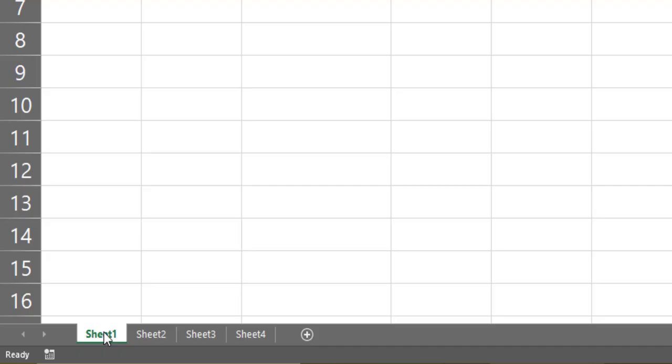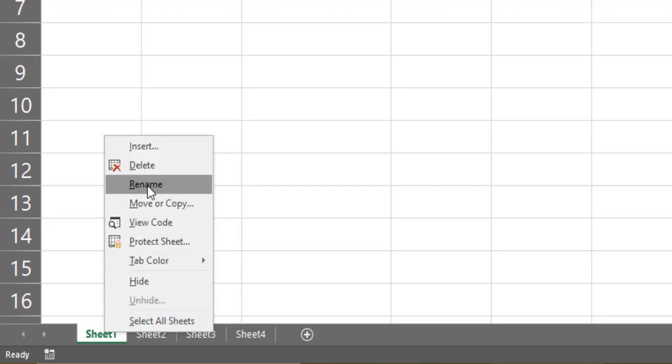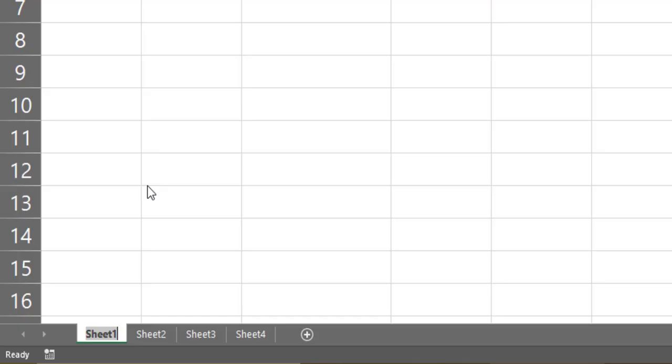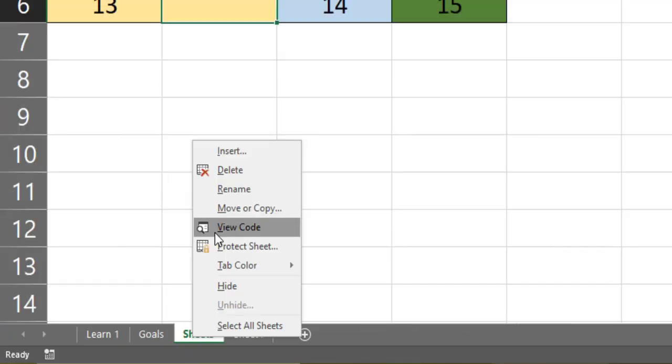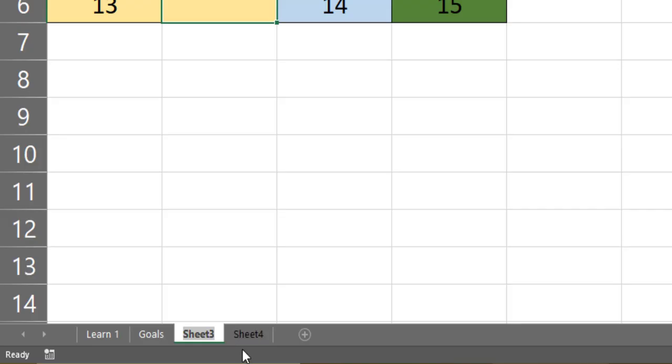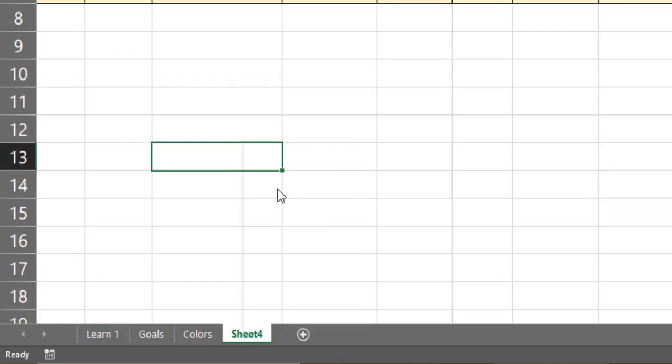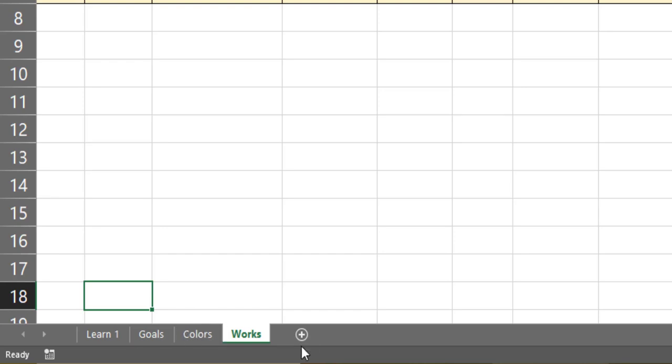We just need to come here, right click, and here you have the option of rename, and then you can type the sheet name, or you can double click this, which still gives you the same option of renaming a sheet. So this is how you can rename the sheets.